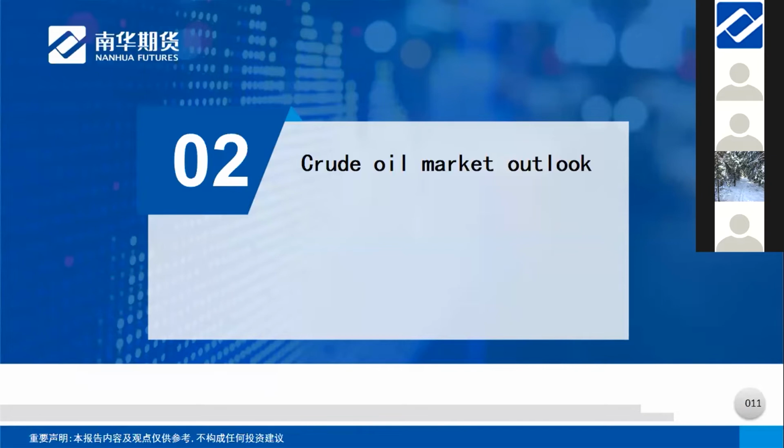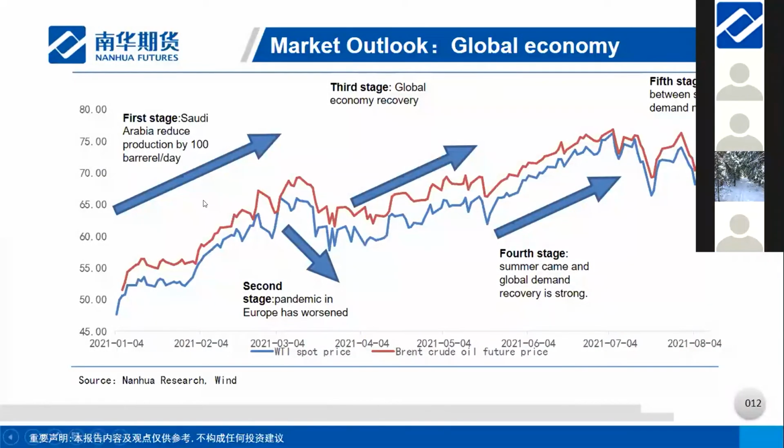So let's first briefly review what happened in the crude oil market this year. In the first half of 2021, under the loose monetary environment, the recovery of crude oil demand was the main logic driving prices. But now the situation may have changed. From the perspective of price trend, we divide this year